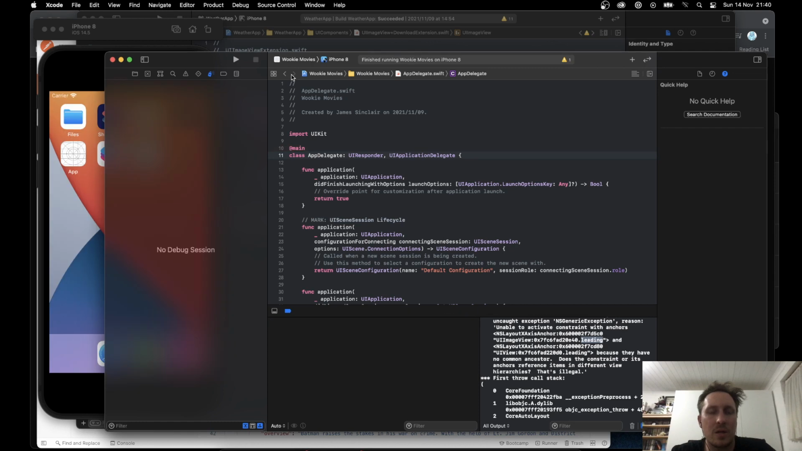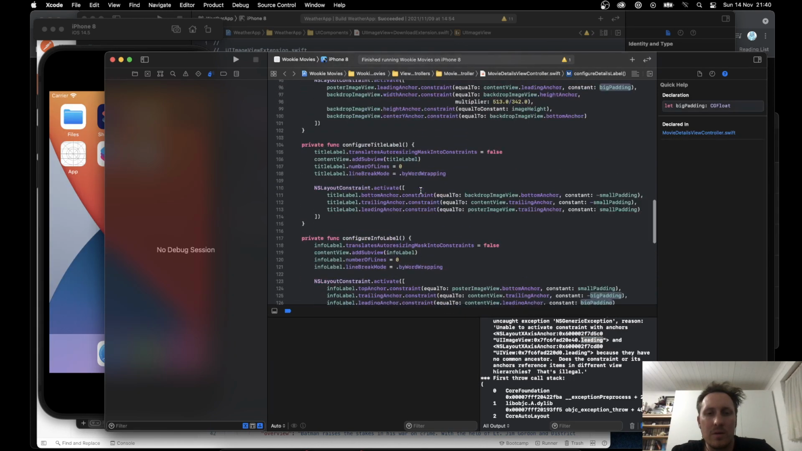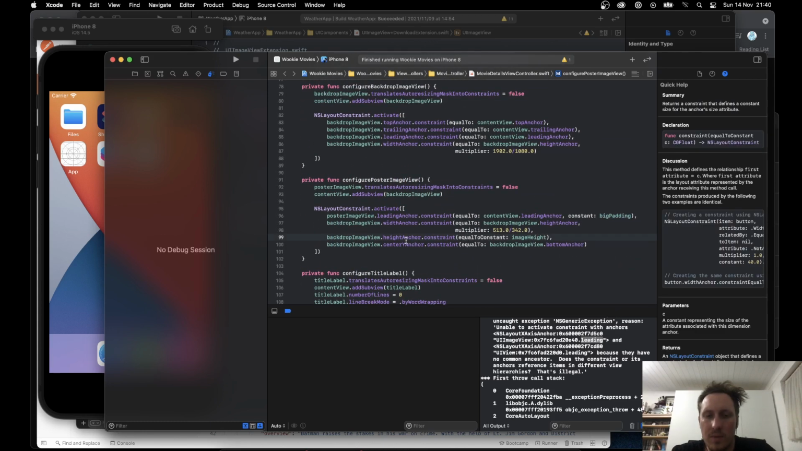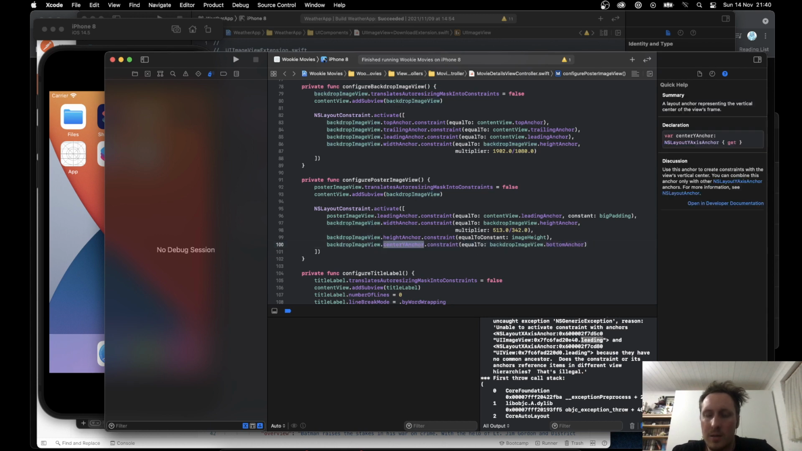But anyway, let's have a look there. Post to image view. So I didn't think that this line would work. The Y anchor is a different type of constraint to a bottom anchor, but we can say